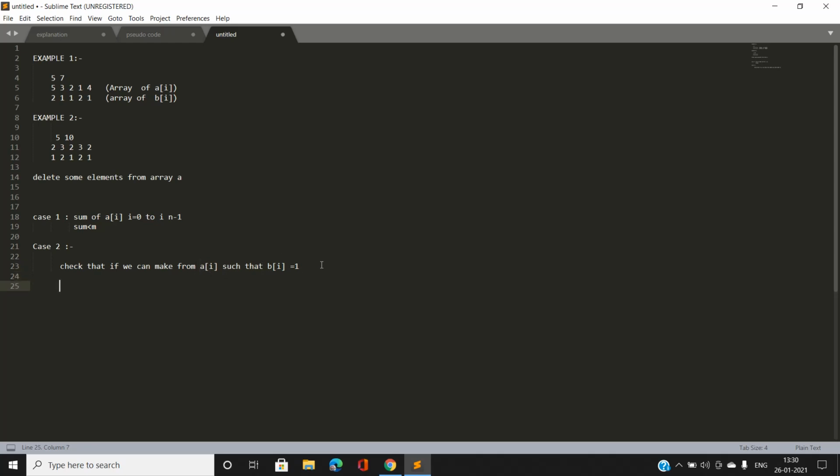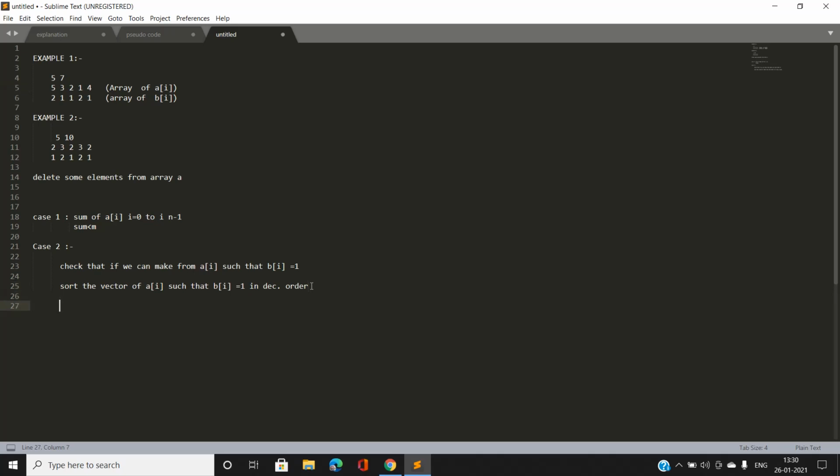We are going to sort the vector of ai such that bi equal to 1 in decreasing order, and correspondingly for bi equal to 2 we store the corresponding values of ai in another vector and sort it in decreasing order.